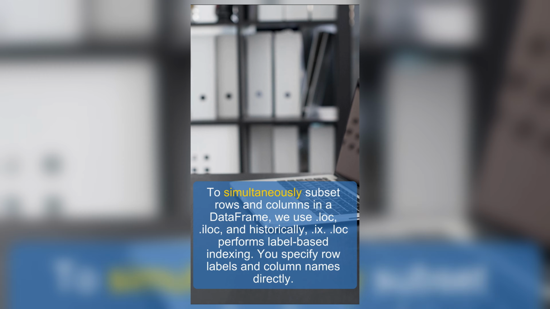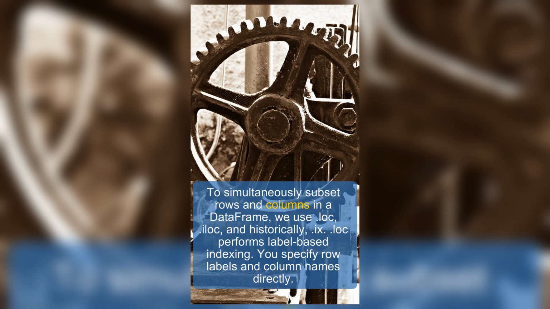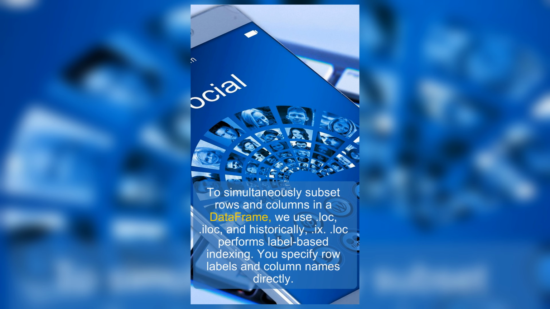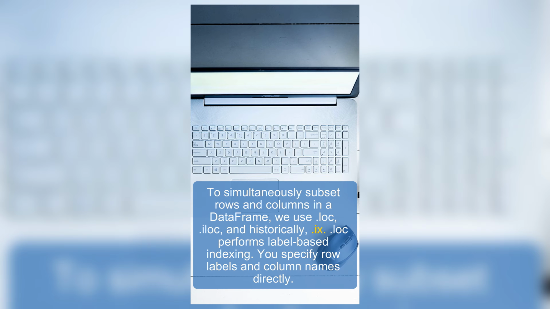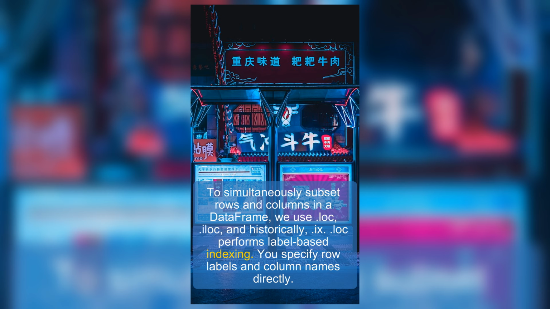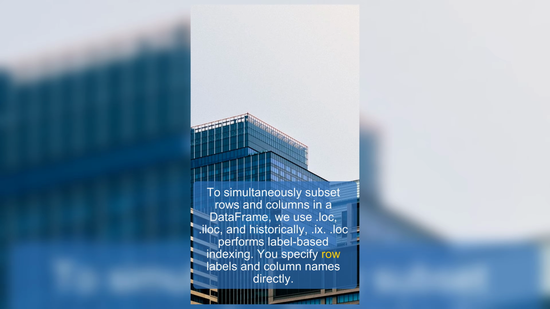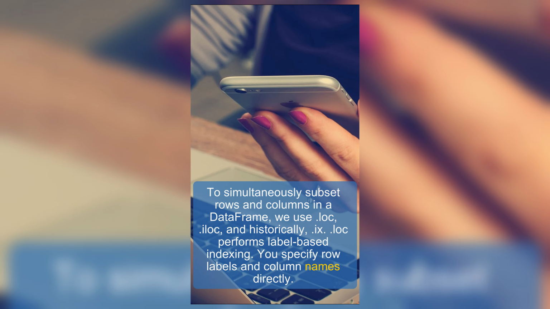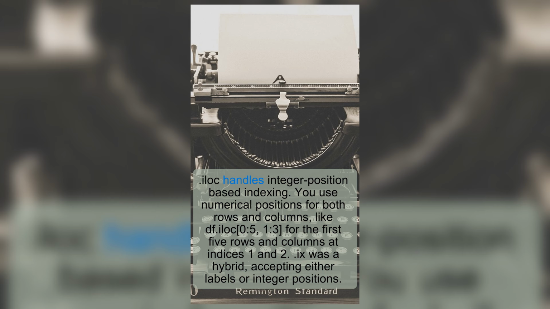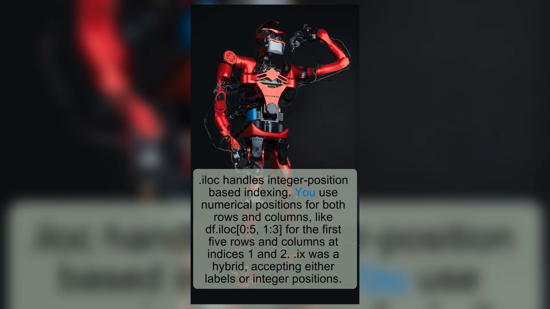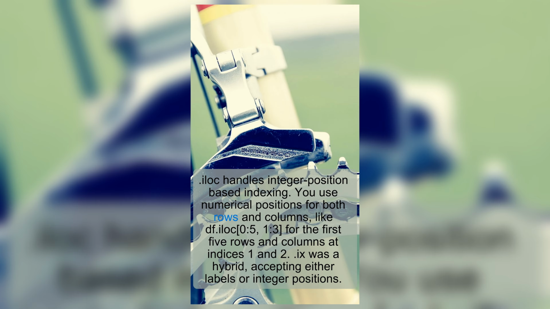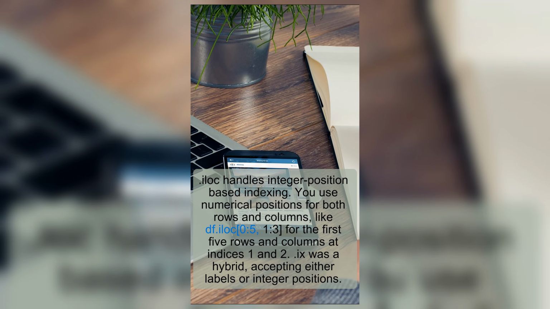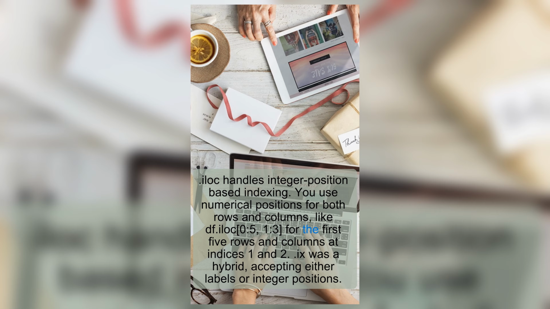To simultaneously subset rows and columns in a data frame, we use .loc, .iloc, and historically, .ix. .loc performs label-based indexing. You specify row labels and column names directly. .iloc handles integer position-based indexing. You use numerical positions for both rows and columns, like df.iloc[0:5,